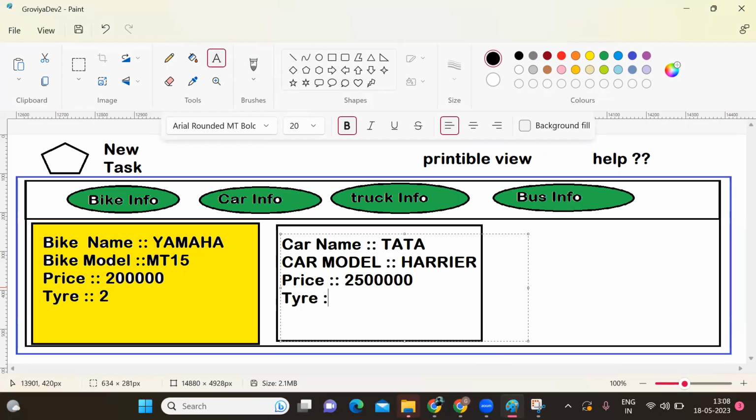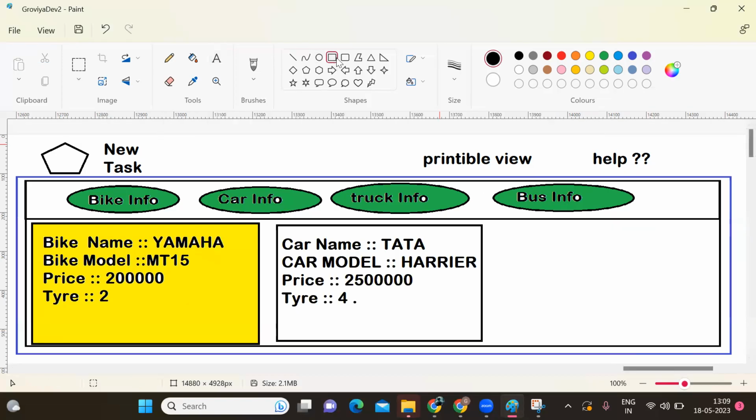Then tire. Like that you can display the information of truck and bus. ठीक है, तीन तीन एट्रीब्यूट ले लेना, तीन तीन वेरिएबल ट्रक और बस के डिस्प्ले कराने, हो जाएगा ये टास्क। यस सर। आसान है, जो मैंने बिल्कुल अभी पढ़ाया वैसा ही है।